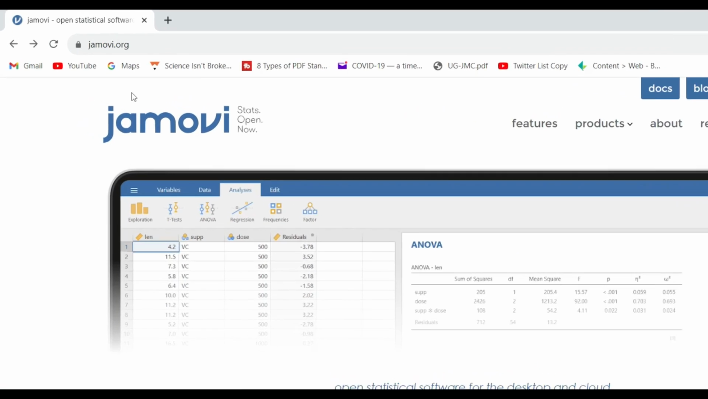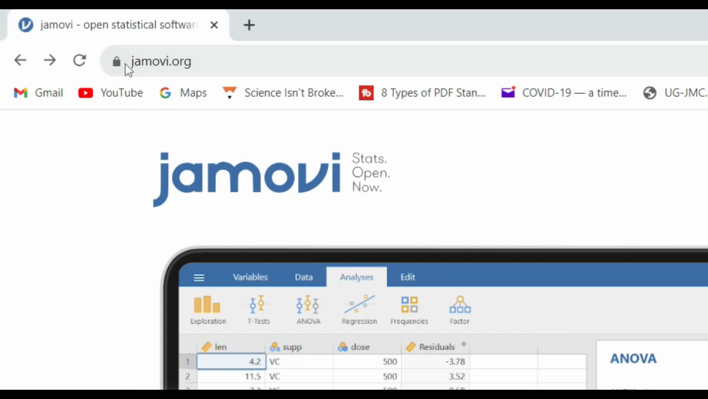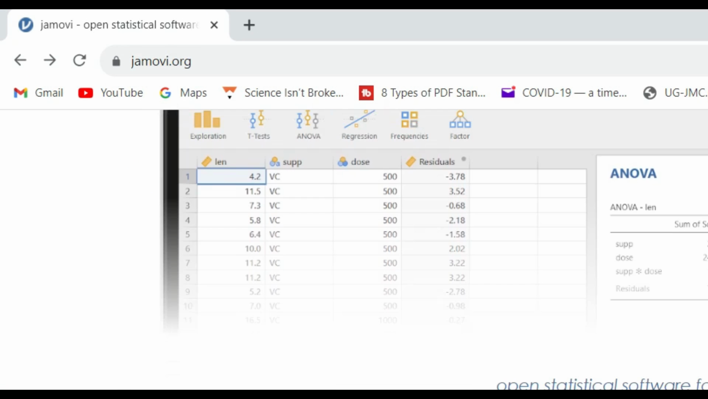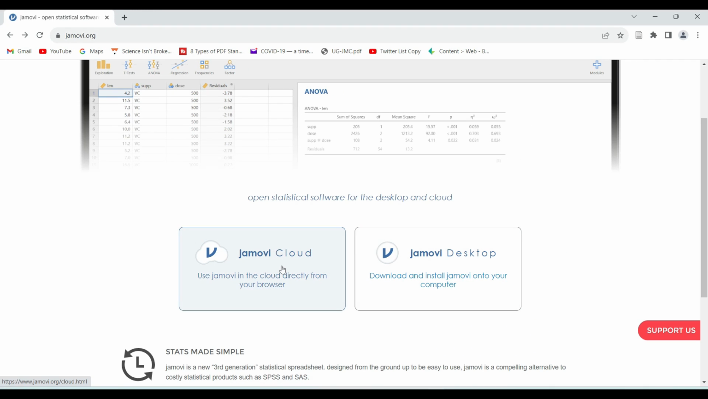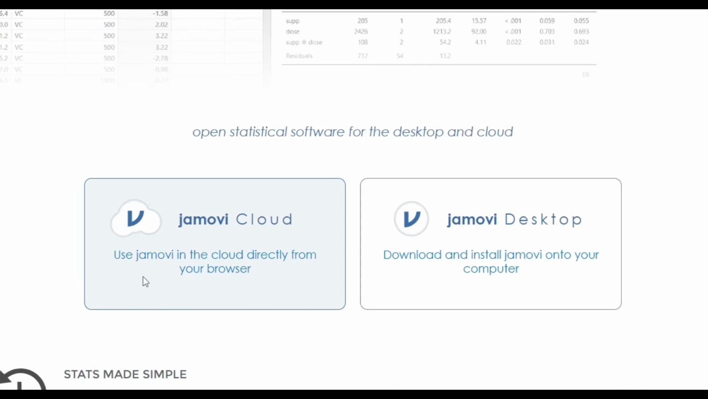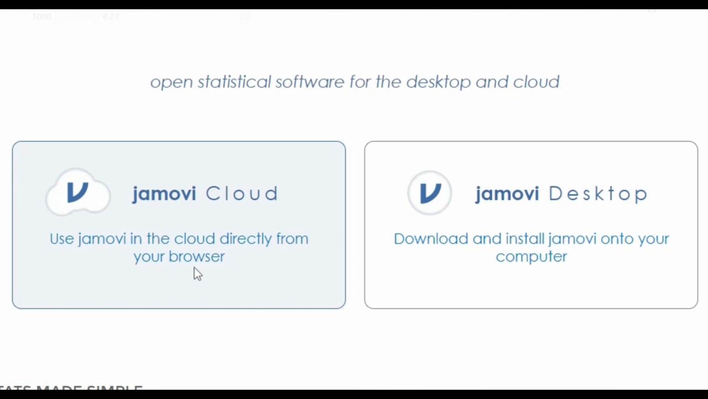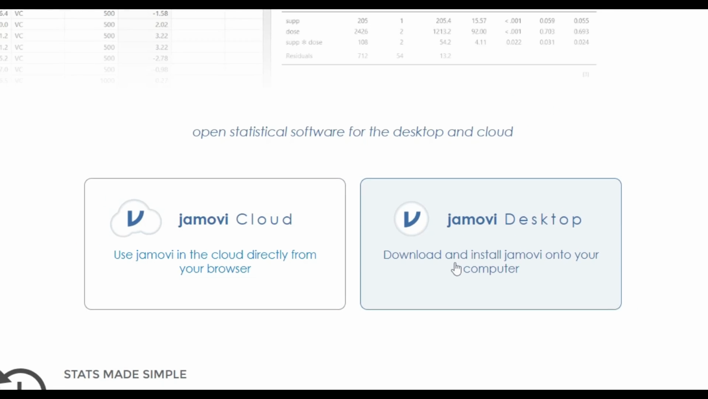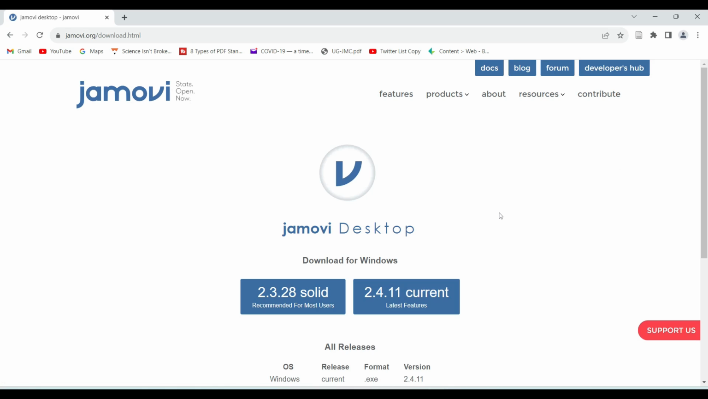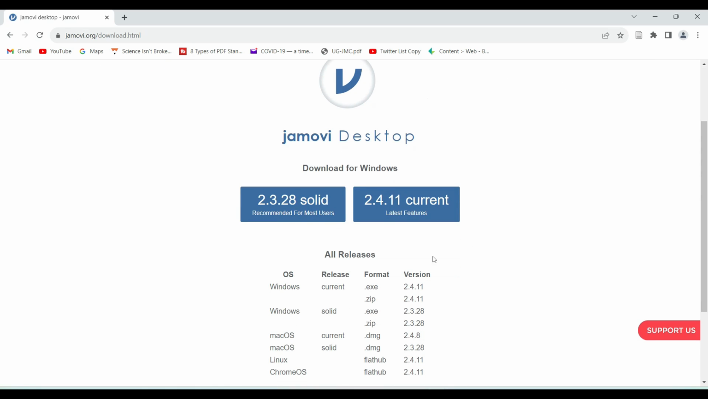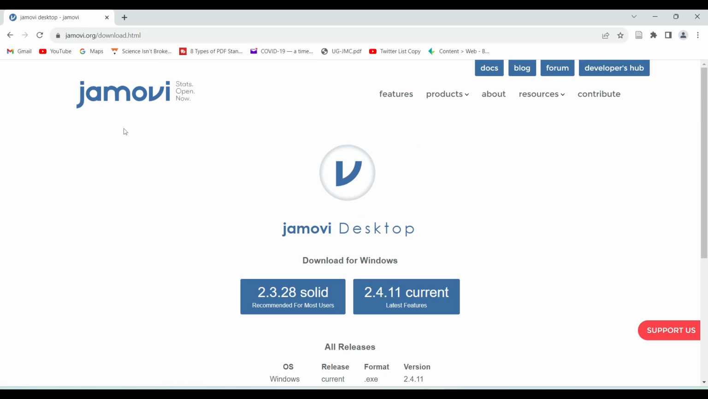So we need to install Jamovi from this website, jamovi.org. There are these two options there from the cloud directly. You don't need to install it from the cloud. You can use Jamovi in the cloud directly from the browser, or you can download and install it onto your computer. And as we can see, there are these options there. You can either go for this 2.3.28, which is the most solid version, as they say, and there's this 2.4.11, which we'll be using for today's